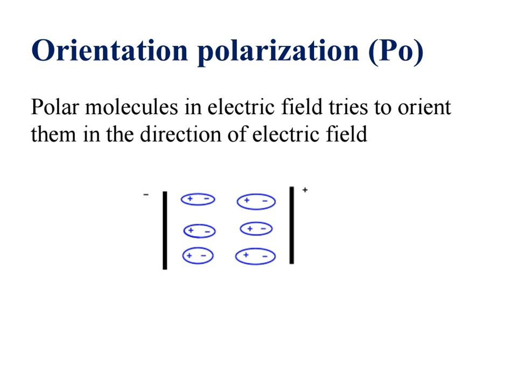When the polar molecule is kept in the electric field, it orients in the direction such that it is aligned to the direction of electric field. Here it is positive and here it is negative. But it is not in this fashion due to thermal agitation, because the molecule constantly orients in all the directions. So it cannot align in this fashion due to thermal agitation. Instead of this, the molecules are slightly aligned. For example, I am taking two molecules here in this fashion. This is negative plate,